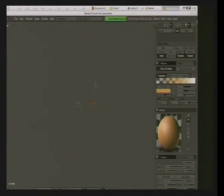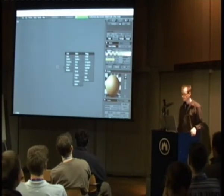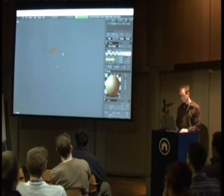Of course, Blender has this great function called Add Mesh Plane. That's how I start most of my models. It's really cool. And after that, I just...